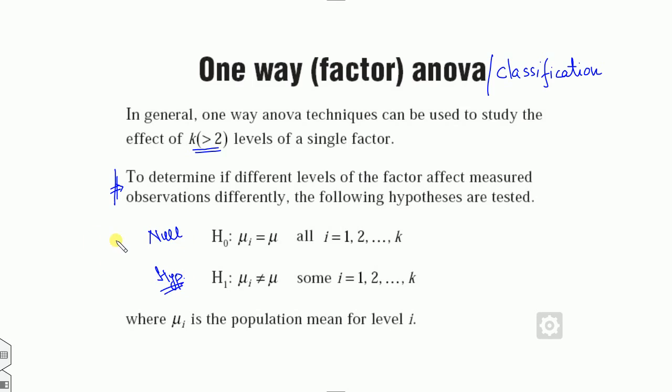Whatever kind of ANOVA problem it is, whether one-way ANOVA with three levels, five levels or seven levels, the null and the alternative hypothesis are always the same. So I am not writing H0 and H1 again and again in the next slides. H0 represents that all population means are equal, while H1 says that mu_i is not equal to mu_j for some i. It means that for at least one i this condition may not hold.